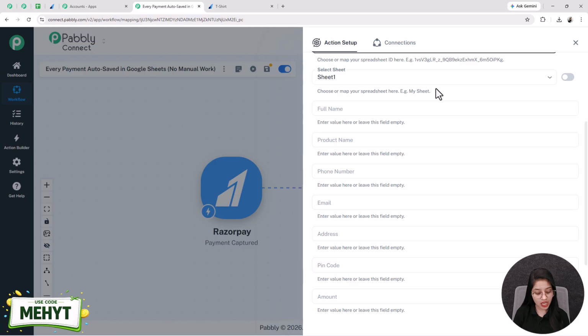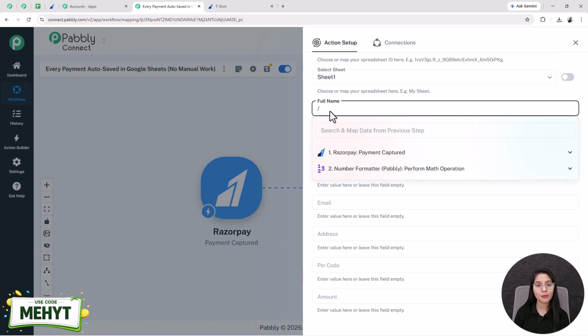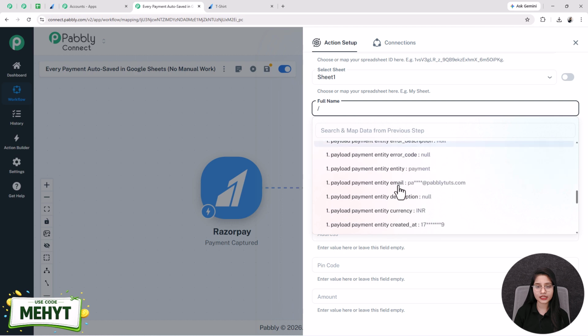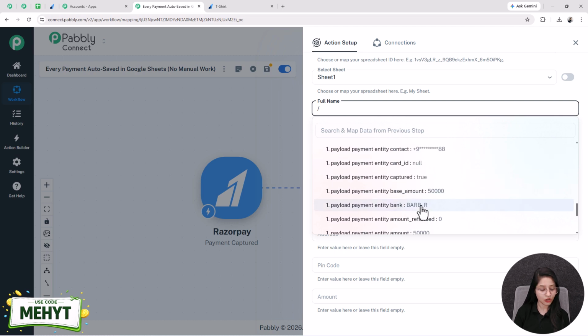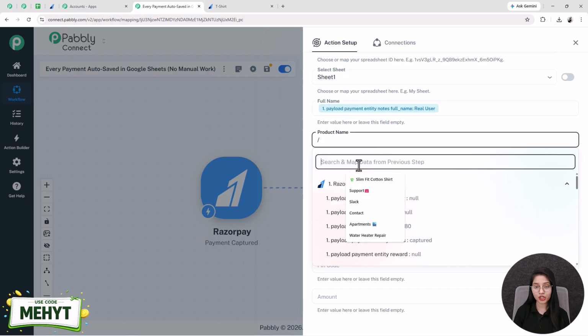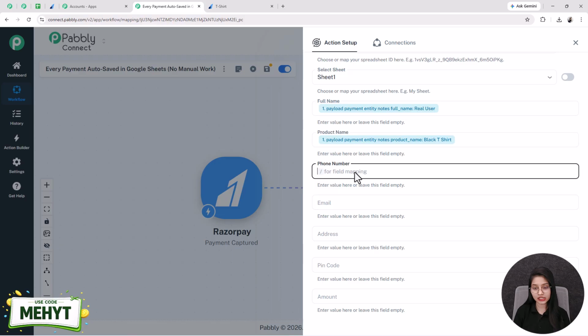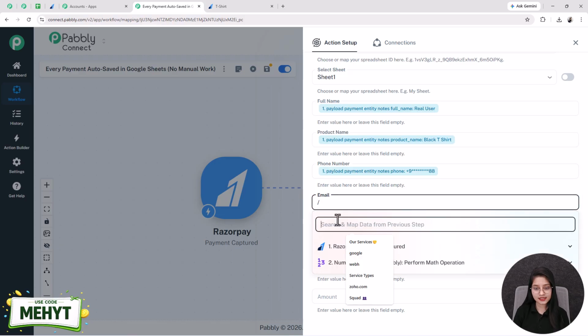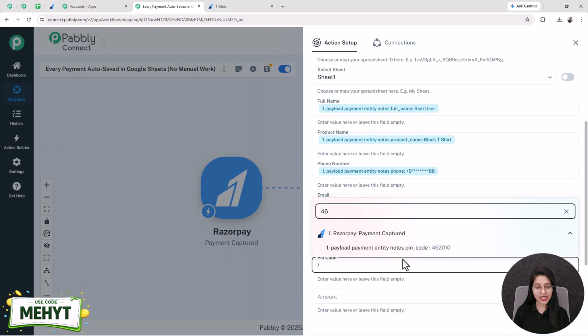To do the mapping, you just have to enter the slash on the field and you will see your previous application. Now what is mapping? Mapping is the most important step in automation as it makes data dynamic, as different users have different data. So for capturing each user's information dynamically, mapping is used. Here just select the application and choose the response from it. In this full name field, I am going to do the mapping of the user's full name. Here I have mapped. Next, I am doing the mapping of product name. After that, the contact number, email address, home address, pin code,